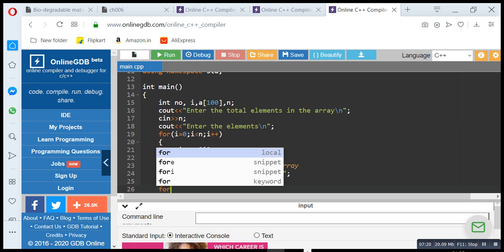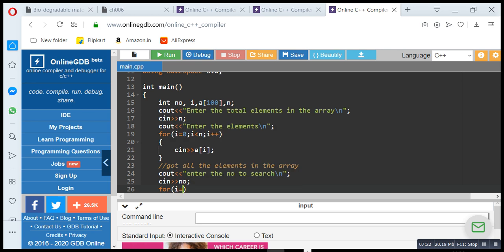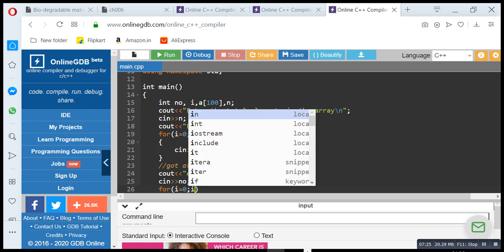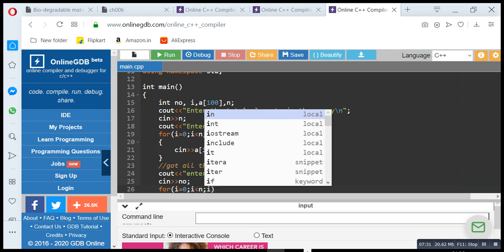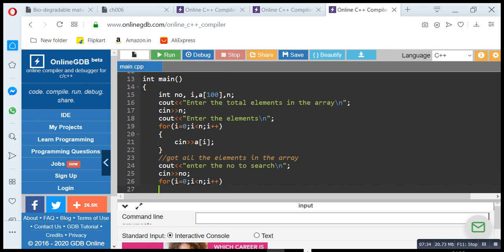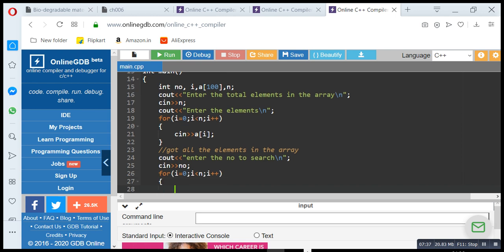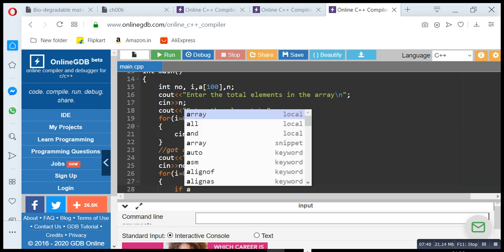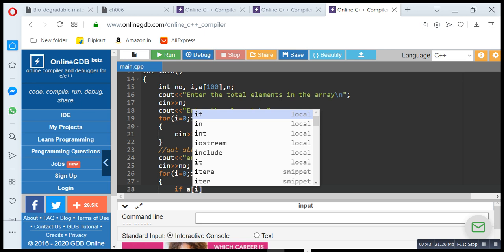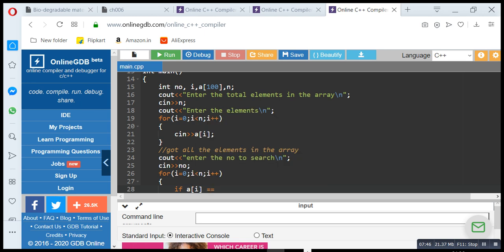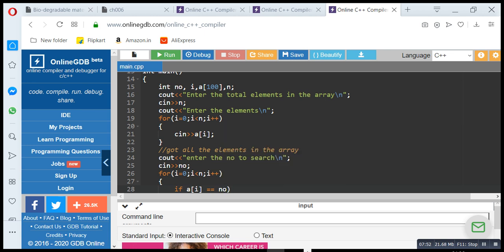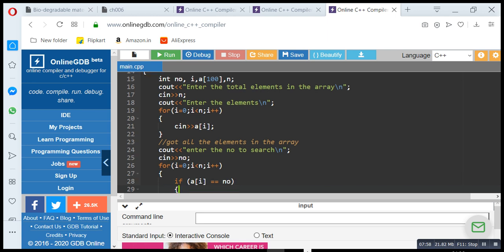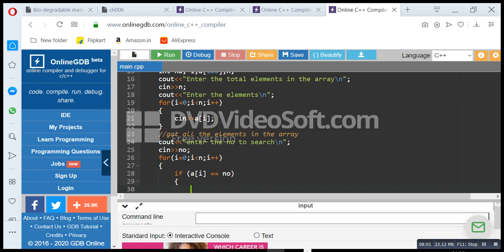Then after this we have to use the logic. It's just a comparison. So again we can use a for loop, for i equal to 0, i less than n, i plus plus, open brace, if A of i equal to the number we have to search. If this is the case, you can put it in a bracket, then it has to be printed. So actually it should print, or cout,